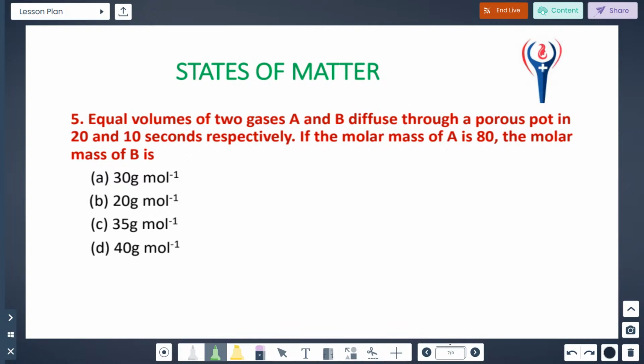So what is Graham's law of diffusion? That's the formula: rate of diffusion of A by rate of diffusion of B is equal to the square root of molar mass of B by molar mass of A. Why is it opposite? As the molecular size increases, the rate of movement decreases. If the molecules are very, very big, they cannot move very fast. So as molecular size increases,